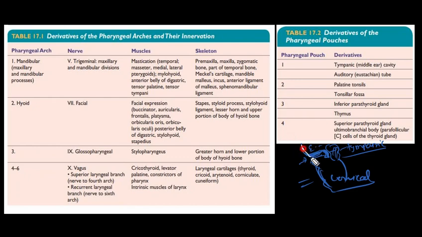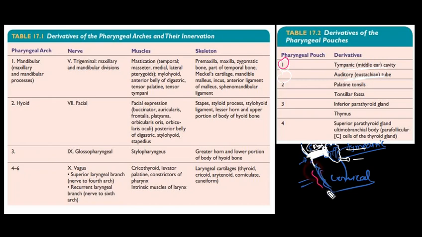So this is the pharyngeal cleft, and this cleft will develop by invaginating into the mesenchymal tissue. It will give the external auditory meatus and also the eardrum or tympanic membrane, and where it is leading is the tympanic cavity. The tympanic cavity also consists of the eustachian tube, and the tympanic cavity and eustachian tube are a derivative of pharyngeal pouch 1. You can see here the middle ear cavity and eustachian tube from pouch 1. So this is the structure from the pouch and cleft.